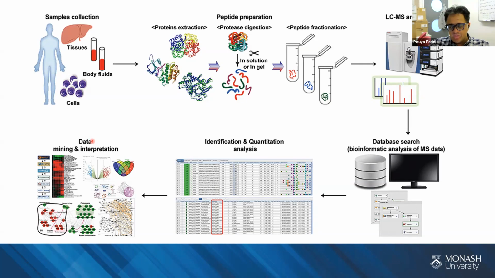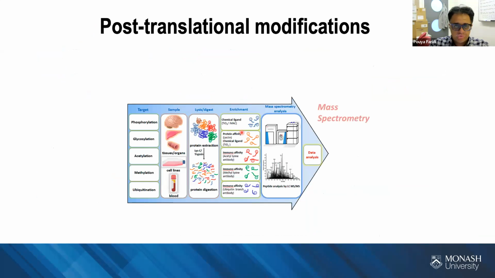So we can do a very similar thing in transcriptomics or RNA signal analysis. But what is very unique for proteomics is that we can also look at post-translational modifications. Post-translational modifications happen at the protein level on different amino acids. There are tens of post-translational modifications, as you see in the small list here, and based on the different tissues and diseases that we have, these post-translational modifications are different.